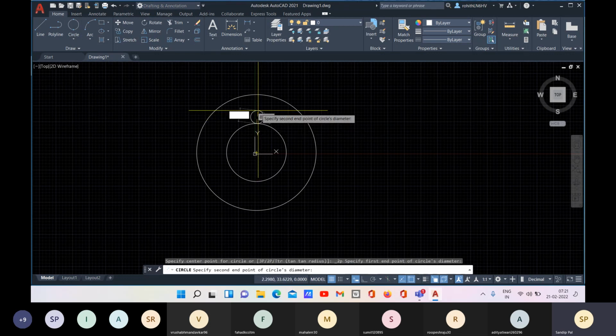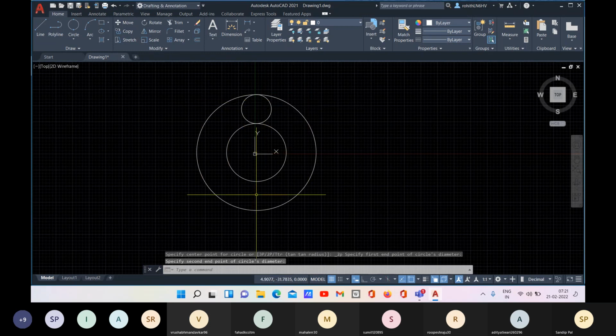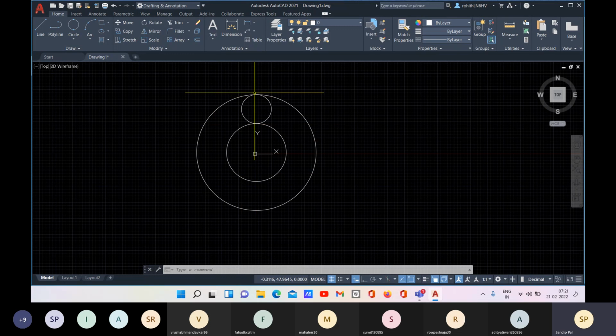This is the first point of the diameter and this is the second point of the diameter. Okay, that's the simple thing. We specify the two endpoints of the diameter, and you can specify that either by polar coordinate, relative Cartesian or absolute Cartesian, any coordinate, or you can just provide the value with your mouse.